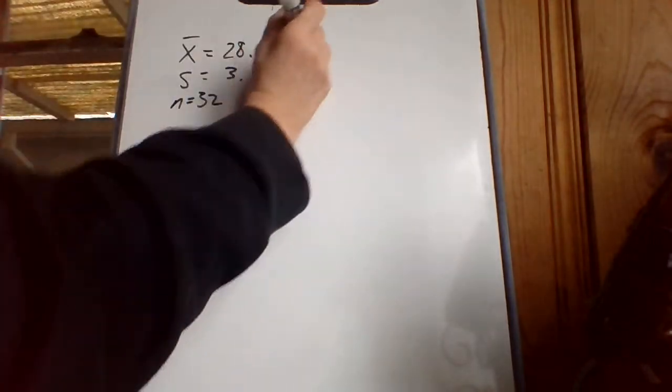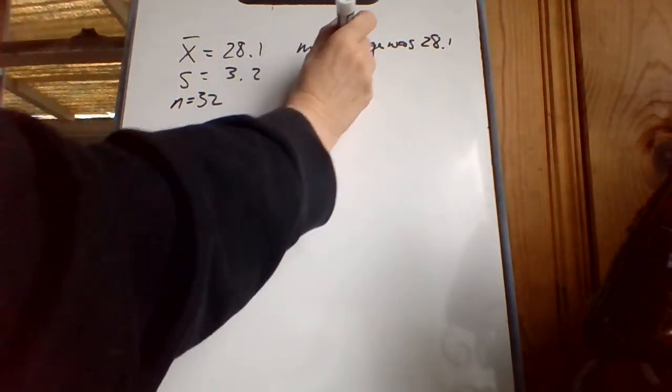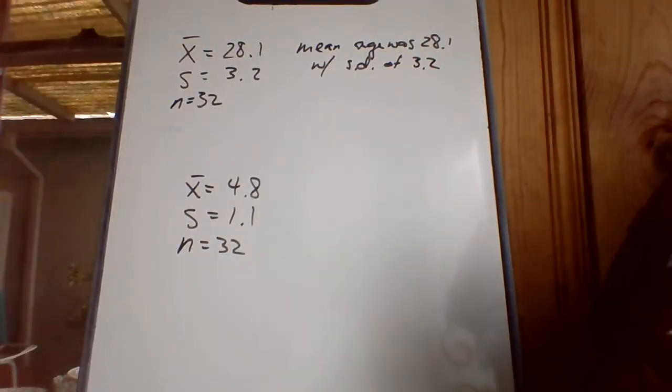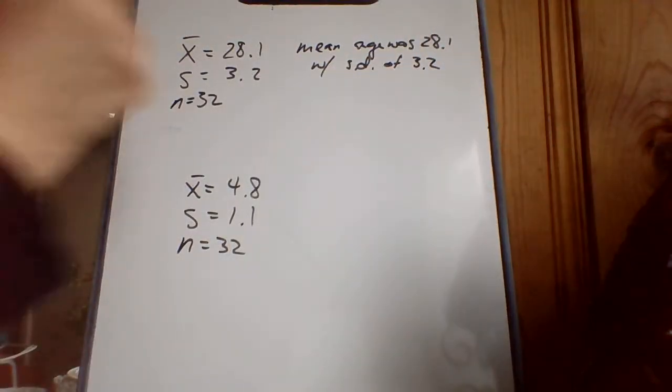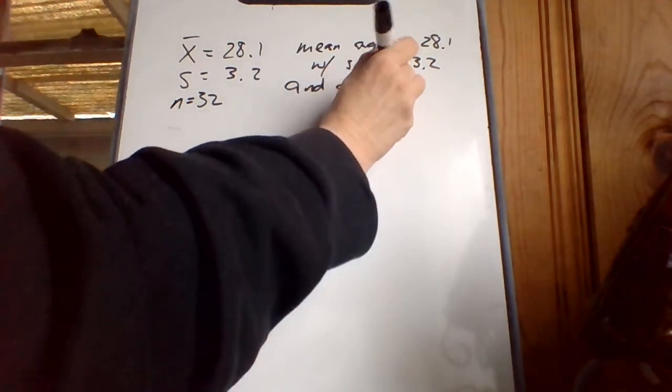Okay, but this slide is supposed to have 3 numbers on it. So I'm making a slide, and on the slide, I'm just going to type the mean age was 28.1 with a standard deviation of 3.2. You might want to write out those words instead of shorthanding them that way. And a margin of error of